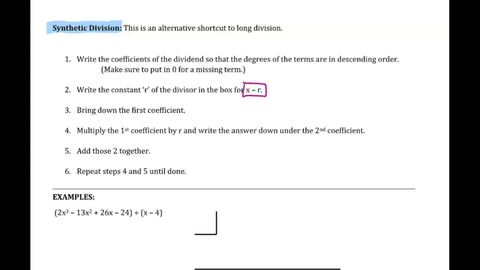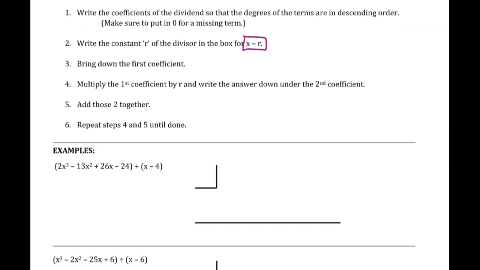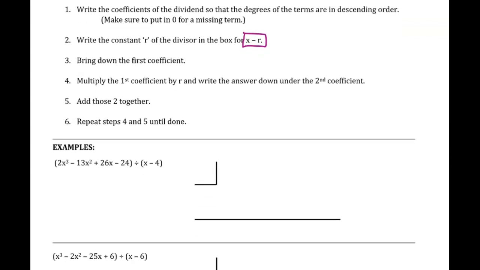And as soon as you have like a 2x minus 3 or an 8x minus 1 or an x squared plus 6, it has to be like x plus or minus something. Okay. So first, we're going to write the constant of the divisor in the box. So if we look at this first example,